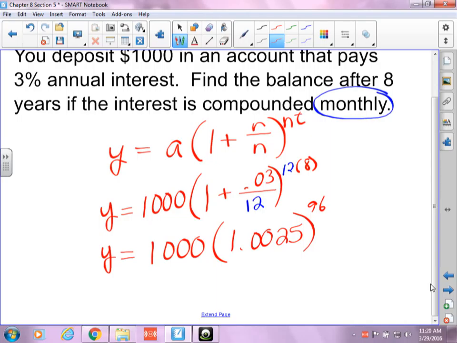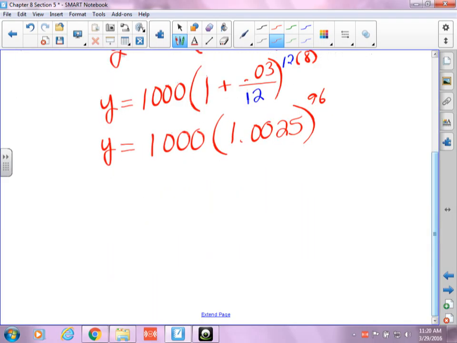Got it? Okay. Now you're going to take 1.0025 to the 96th power, and then you're going to multiply it by 1,000. So I get Y equals